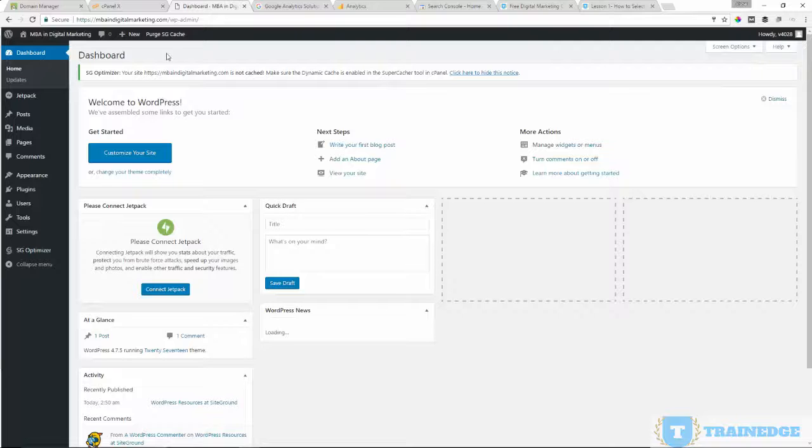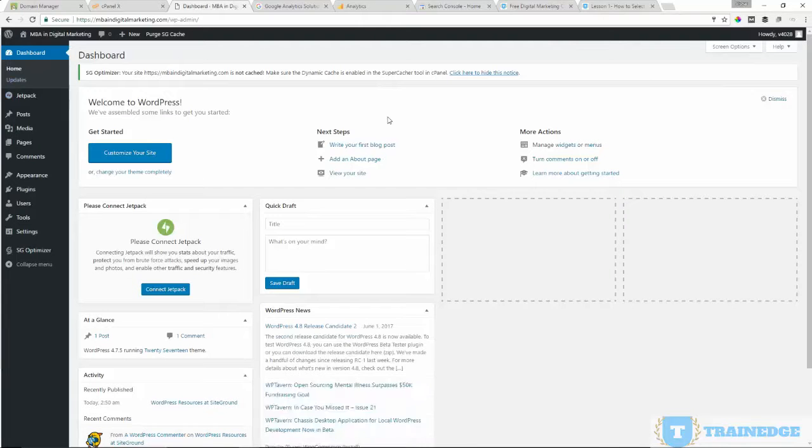What we call the WordPress admin dashboard. This is where you manage your WordPress website. You can create pages by clicking on add new, or you can create posts by going to posts and clicking add new. The difference between pages and posts is posts are meant for blogs, pages are meant for more permanent content like home page, about us, etc.